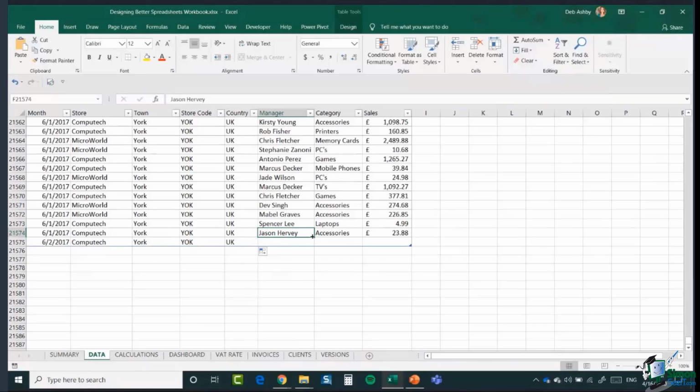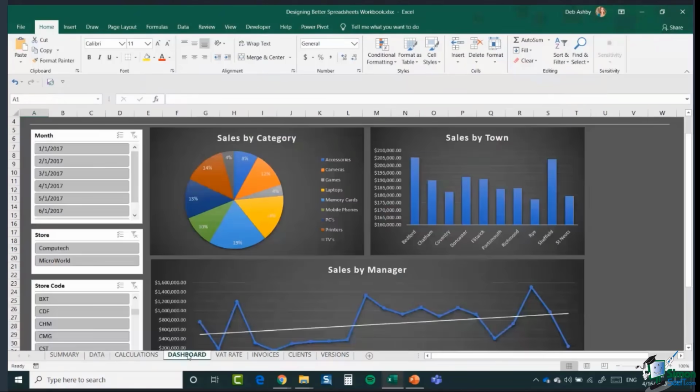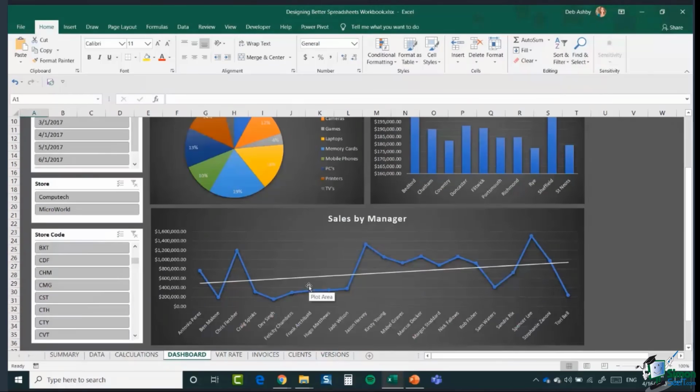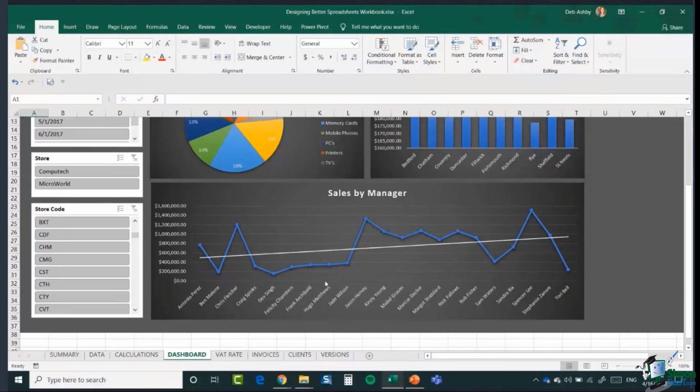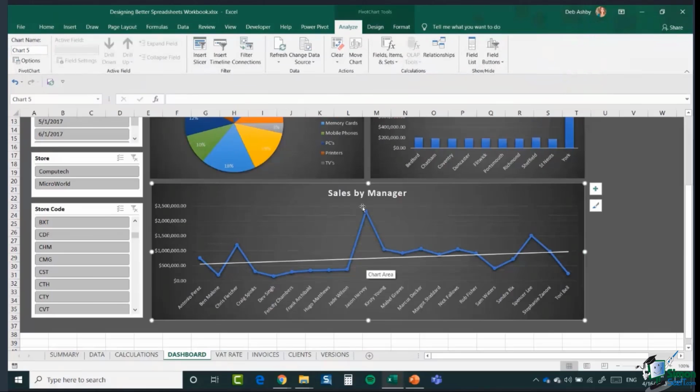So I'm just going to add pretty much the same information, but I am going to make the sales data pretty extreme so it's easy to see. We're going to say 1 million in here. Now, because I've put this in a table, if I go back to my dashboard, if I want that to update, instead of going in and having to change everything individually, if you look at the sales by manager down here, all I need to do is go up to my analyze, refresh all, and you'll see that that